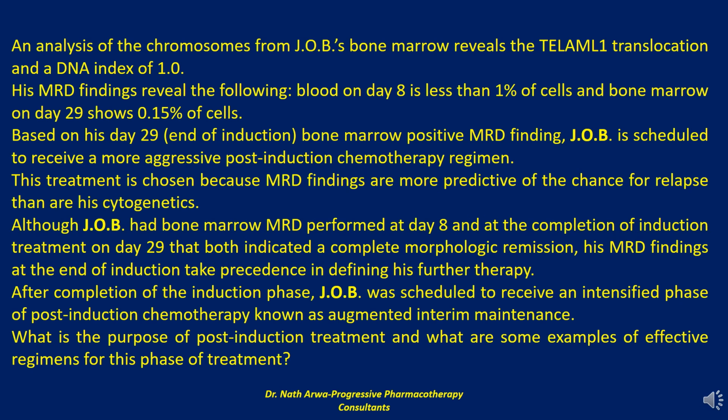An analysis of the chromosomes from JOB's bone marrow reveals the TEL-AML1 translocation and a DNA index of 1. His minimal residual disease findings reveal the following. Blood on day 8 is less than 1% of cells, and bone marrow on day 29 shows